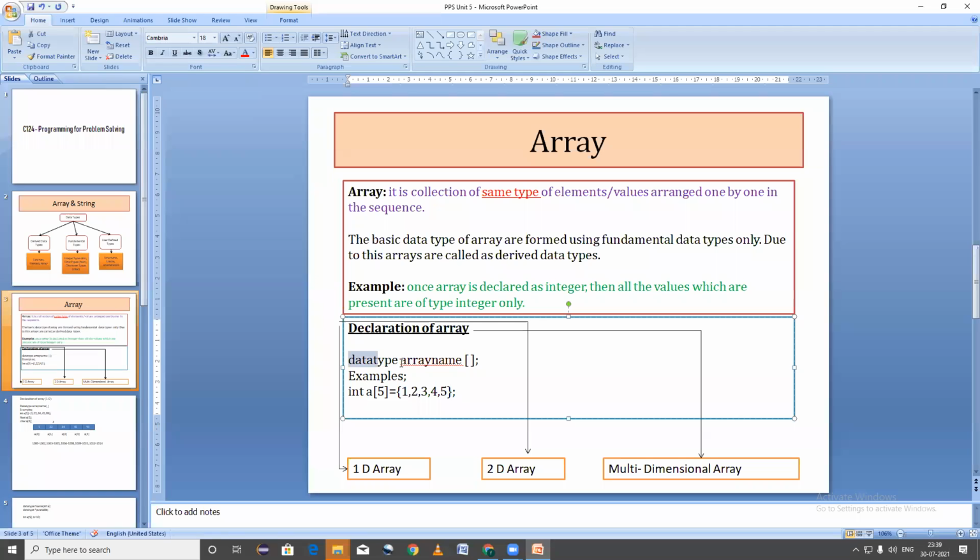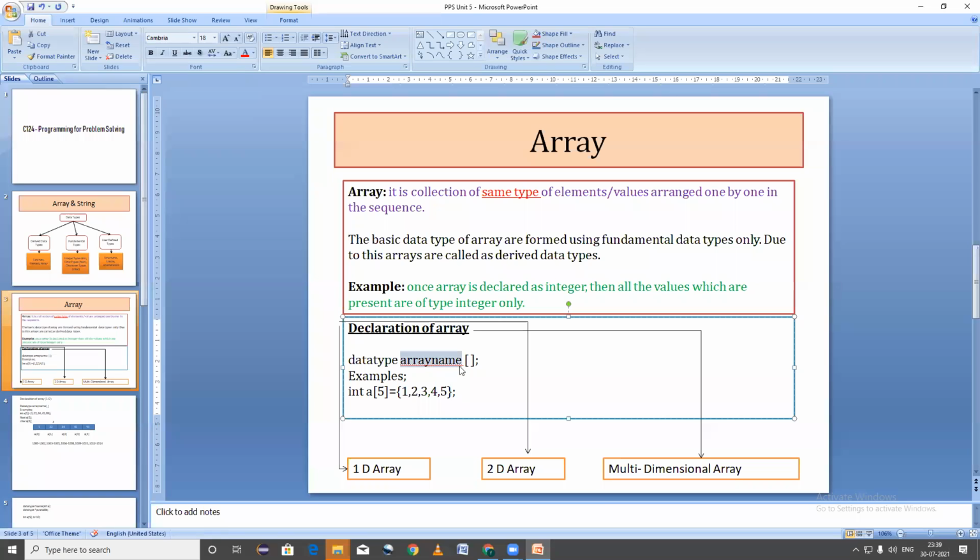How are we going to declare the array? The data type, then the name of the array. While giving the name of the array, you should remember the rules for identifiers. So what are the rules? It will not start with any number. It can start with capital letters, small letters, or underscore.